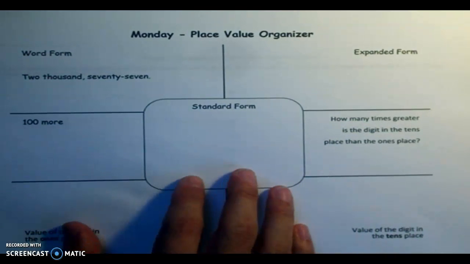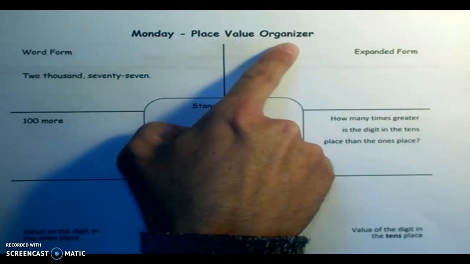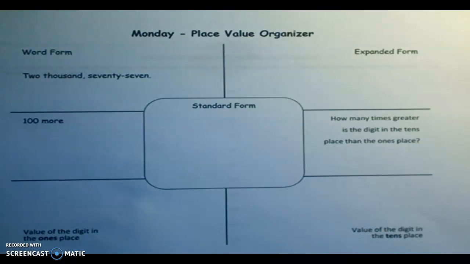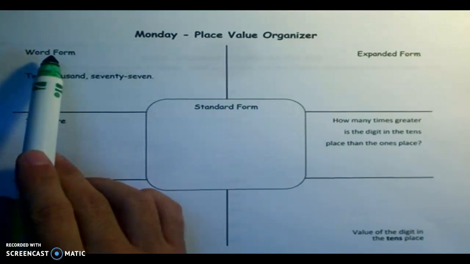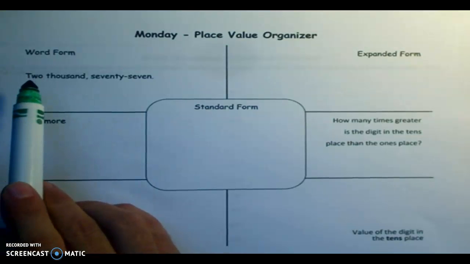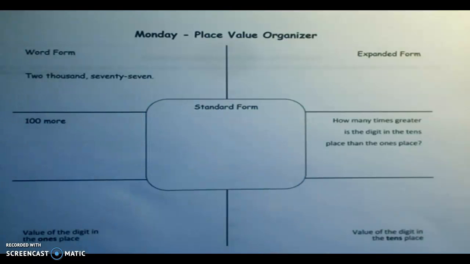So you should have out your math packet. It should say Monday Place Value Organizer. You may recognize this from before, but this time there's already one part filled out here with the word form, which says 2077. Okay? So we're going to work on this one together today, and then you'll have one each day of